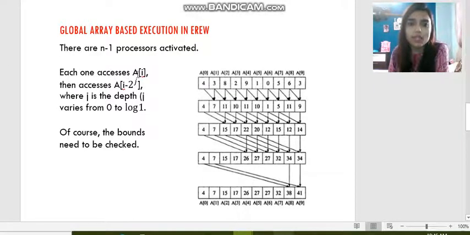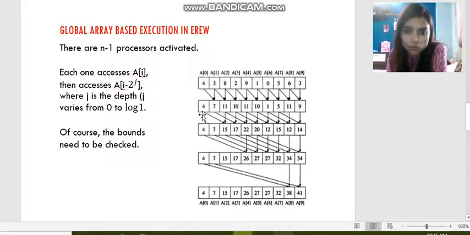So in this way we have added the values and stored them. Now let's see, each one accesses A of i, then A of i minus 2 to the power j, where j is the depth and j varies from 0 to log of n. Now in the third step what we will do?